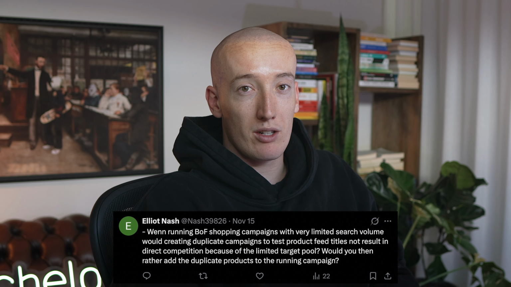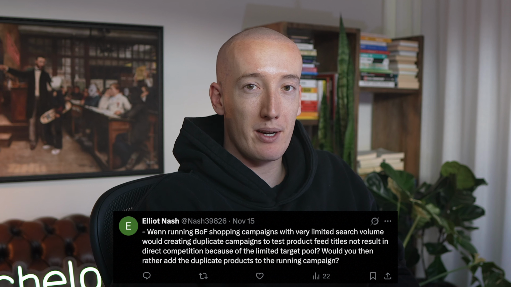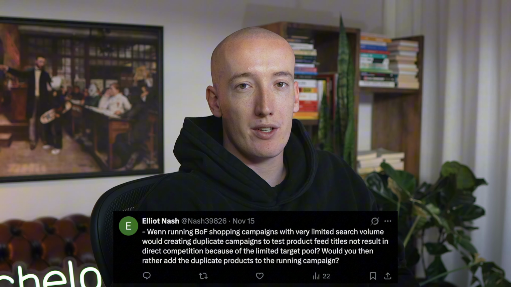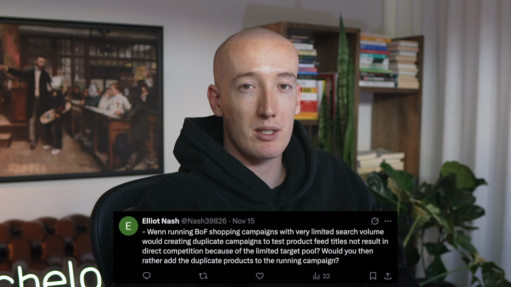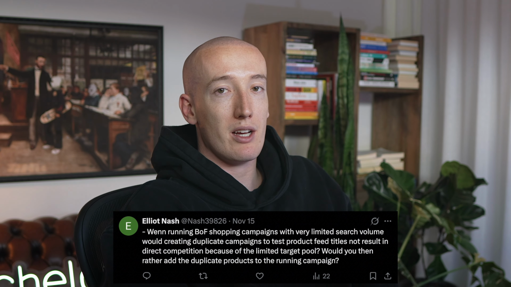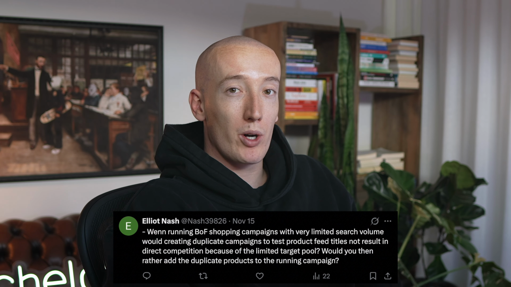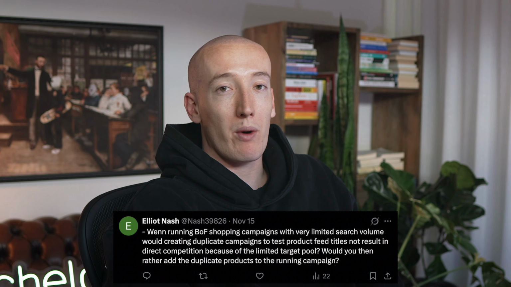When we do the duplicates, the first option is usually to add them to an existing campaign. The same campaign can obviously place multiple listings for the same search. You don't need different campaigns to have multiple listings showing up simultaneously. But here's the key thing. The main concept isn't to test product titles. It's not about seeing what works better or finding the best phrasing. It's not a test to create one winner, okay?